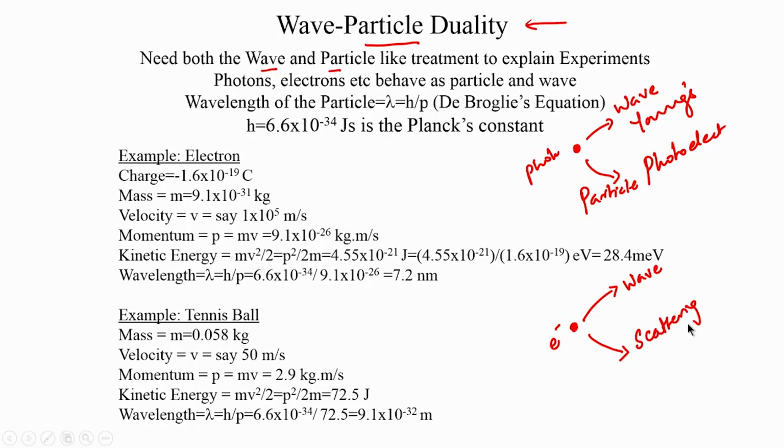Okay. So we need both a wave like treatment as well as a particle like treatment to explain the behavior of these entities. Okay. And coming to the electron, which are basically the particles of interest with regards to this course. Of course, it is not that the photon is not of interest, but we would like to understand the